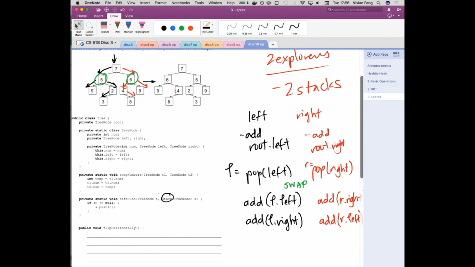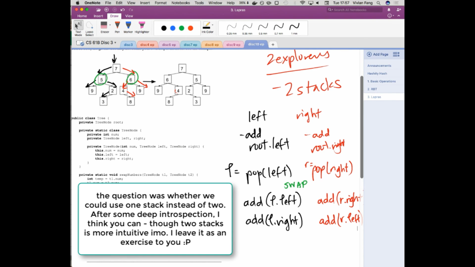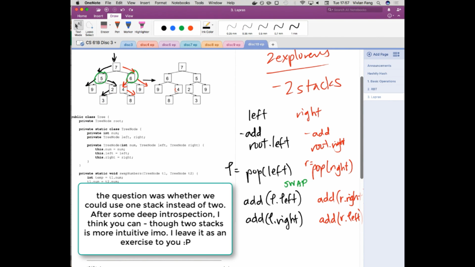Any questions? Yeah. Isn't one stack enough? One stack? Why? Because if you just put both of them in at once, and then you pop them out at the same time. So that's a good point, but you pop them out at the same time, but when you're processing them, you're adding separate children, right? So if you pop the next two out, first you'll pop these two out, right? But then you'll just pop these two out, and those aren't the ones you want to swap. Because we add the children, right? So if you pop two out, you're not guaranteed that the order is correct.